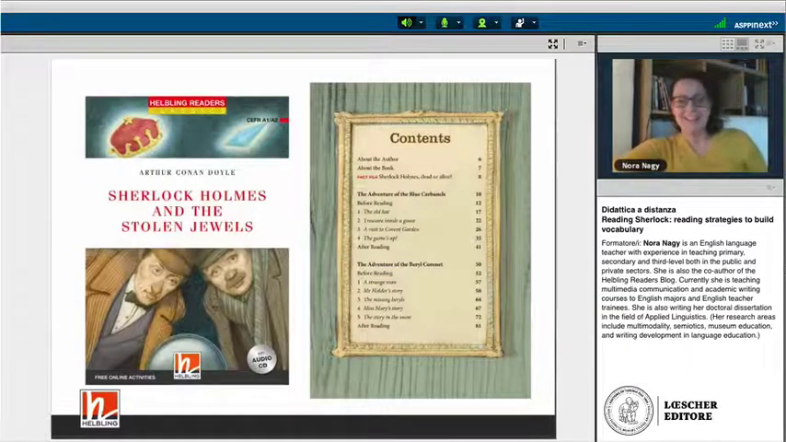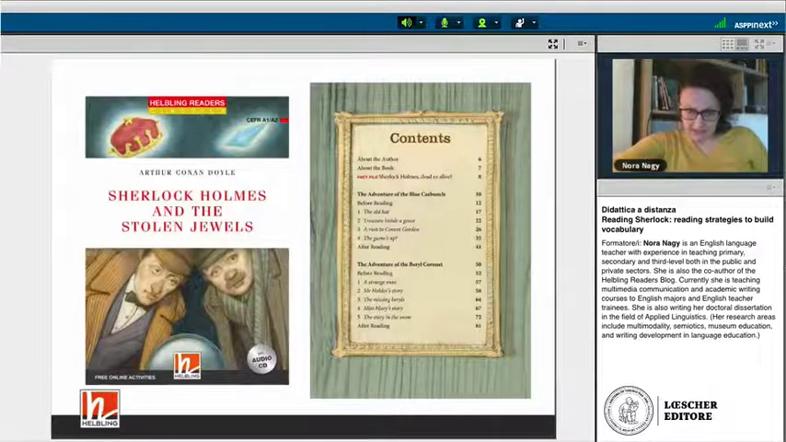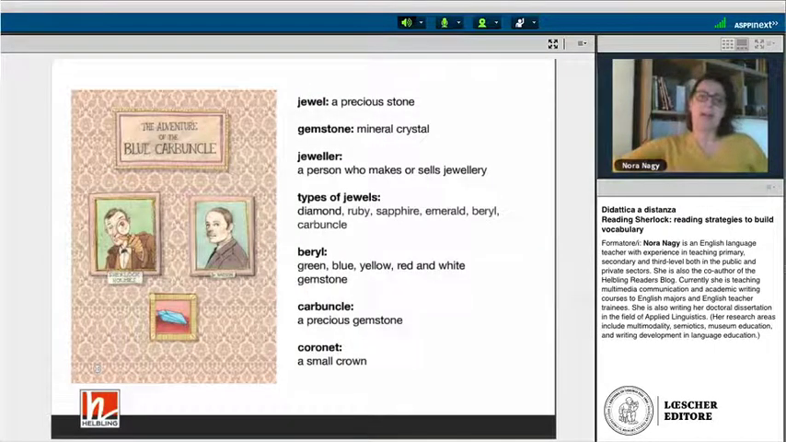All right. So the story we are reading today is Sherlock Holmes and the Stolen Jewels. And as you can see in this graded reader, you can see two stories. The first one is The Adventure of the Blue Carbuncle, and the second one is The Adventure of the Burial Coronet. We are going to work with the first text today. So what do we have to know